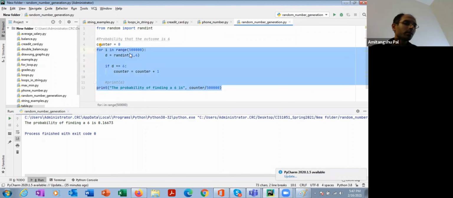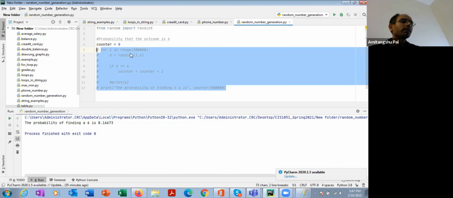It is exactly similar to this, but instead of 1 die, I need to do this experiment for 2 dice. So it is pretty simple. For i in range 10,000. Let's start with 10,000. Instead of 1 die, I am doing the experiment on 2 dice.